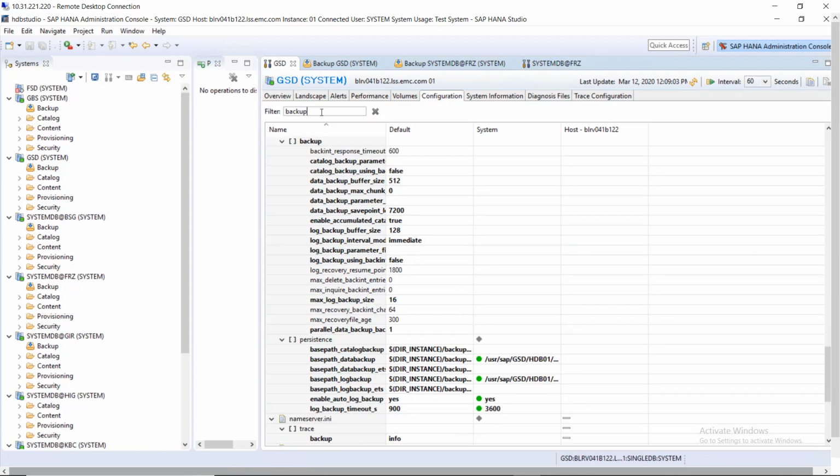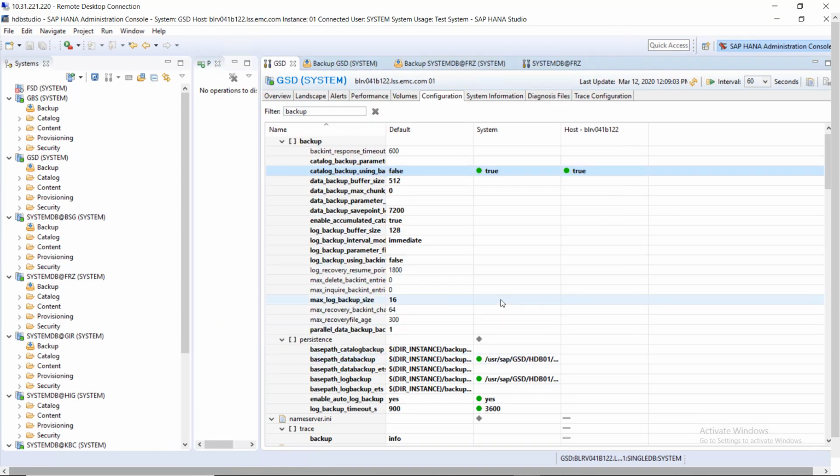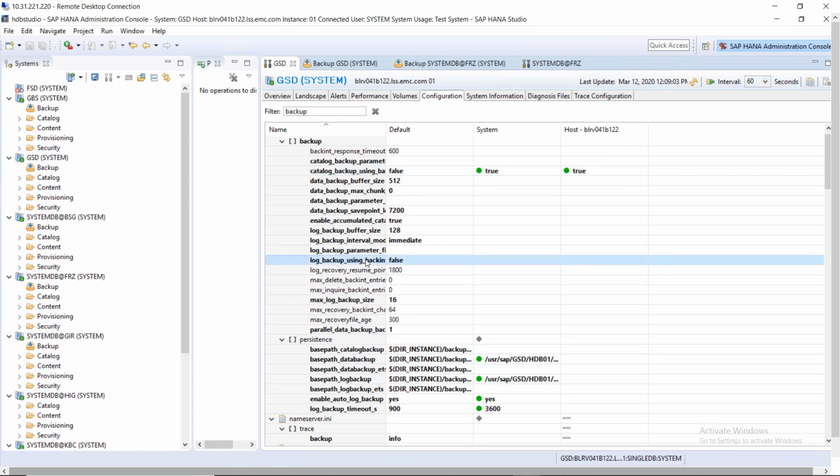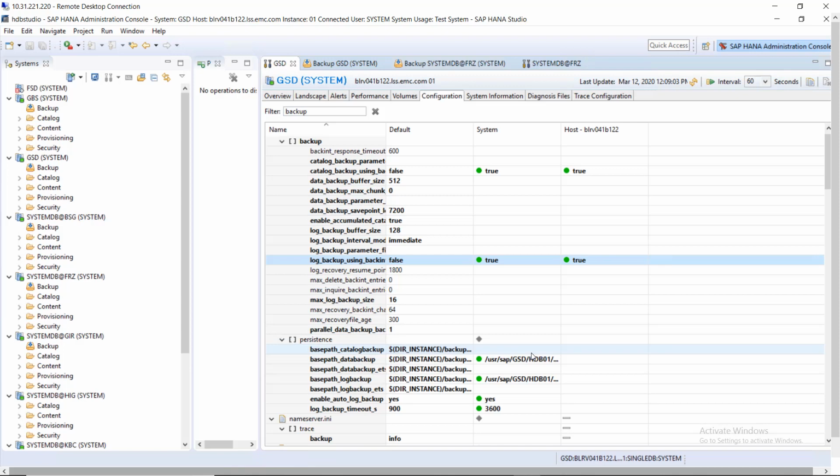Now in your HANA Studio, you would also have to change the parameters of catalog to true, and the same for your backup as well. So this would pertain to your log backup. Once these are turned to true,